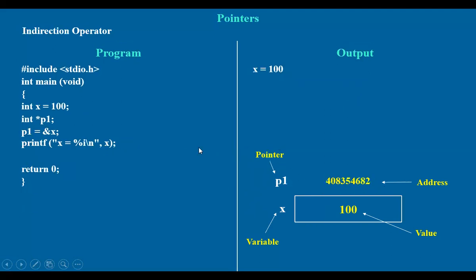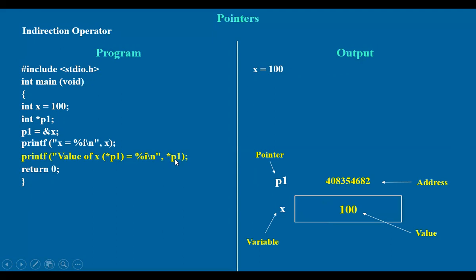Okay. Now, the indirection operator. What is this indirection operator? Suppose you take a particular address and you go to that particular address. Whatever is there inside, we will be picking it up. Whether you have 100 or 200 or whatever the value it is, we just pick the address. That means we are referring with the help of the address, not the variable or the value of it. So here it is, accessing the